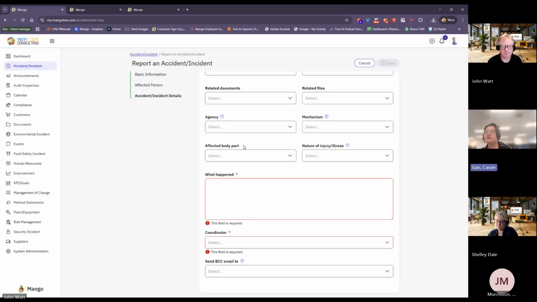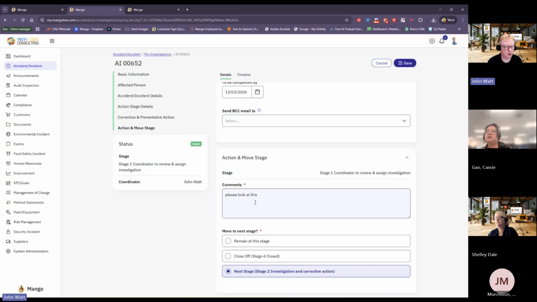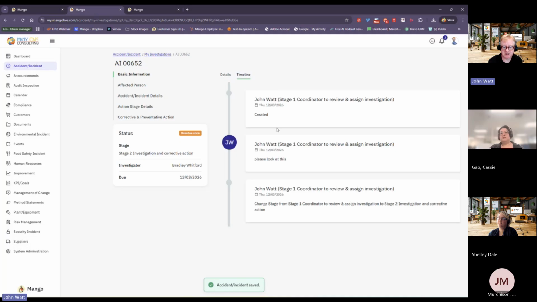Not myself. You can't do it yourself. No, it's the coordinator. So when you're raising it, you'll add details, or you might say in the comments part, this is the situation, and that information all comes in here. So if I hit save on that, anything I add in the comments comes into the timeline.